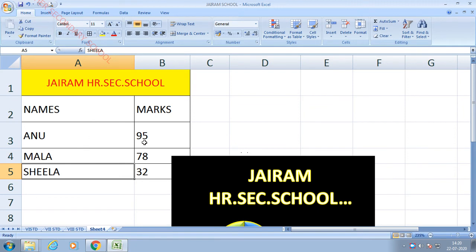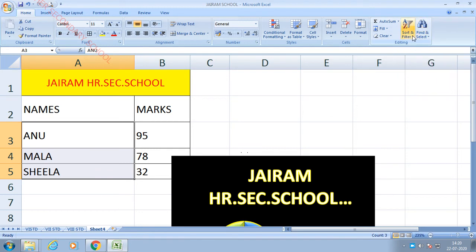That is called sorting. It may be in any order. It may be in ascending order or descending order or seniority order, or it may be in any order. That is called sorting. Let us see the ascending order. So I'm going to select the required data. Then here we have an option, sort and filter option. I'm placing the cursor here.